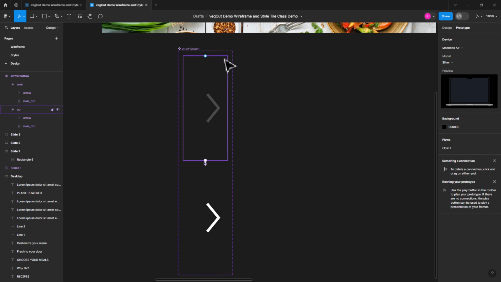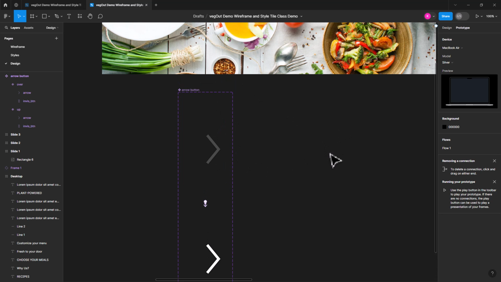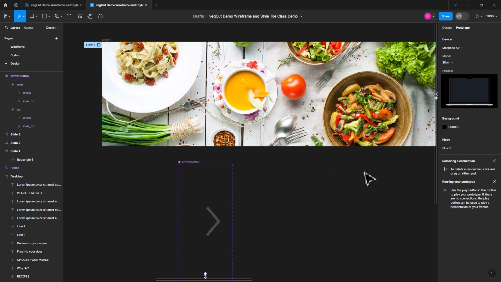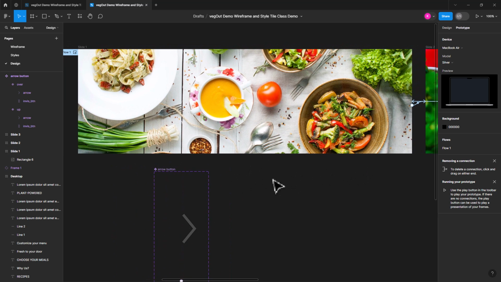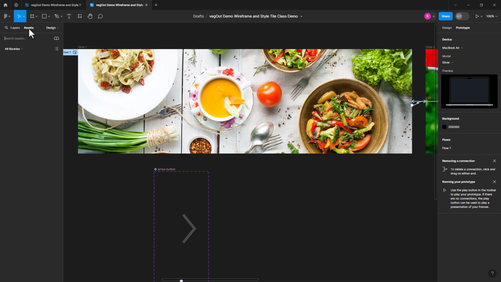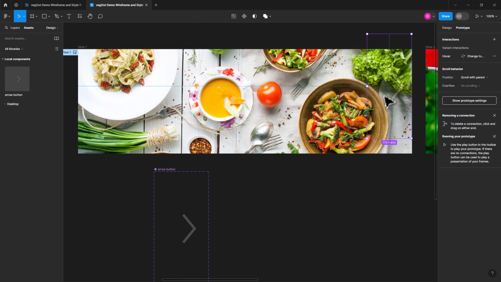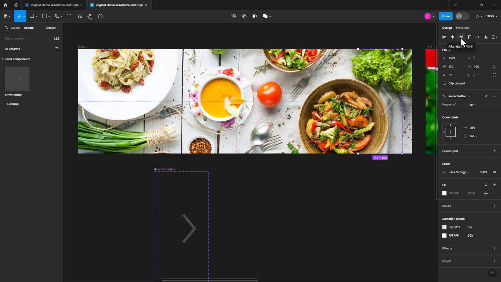Sweet. I now have that interactive arrow button ready to go, and what I can do now is simply drop it into my actual slides. And so it's available in my assets. There it is. I'm going to drag it from there, drop it onto my slide, reposition it, and I can see some of that drop shadow that was there, and I certainly can go into the design mode here and align this to the right,